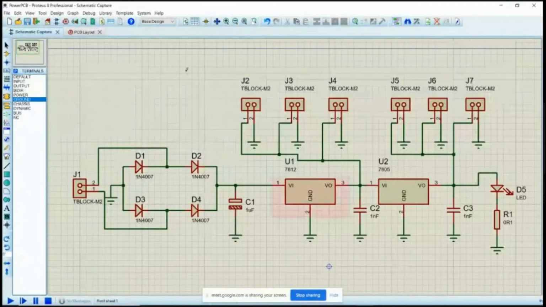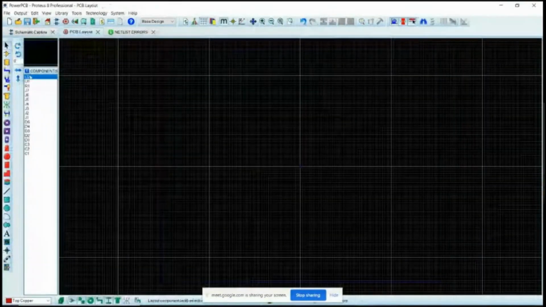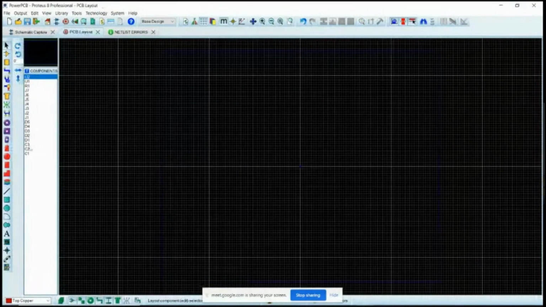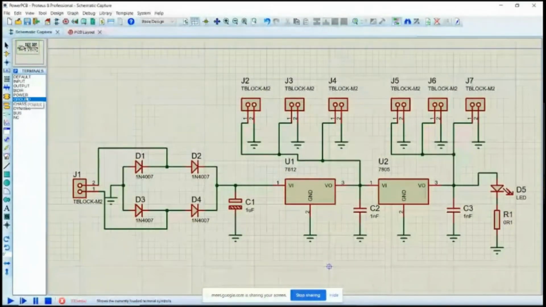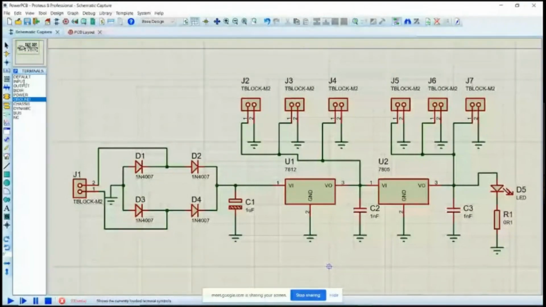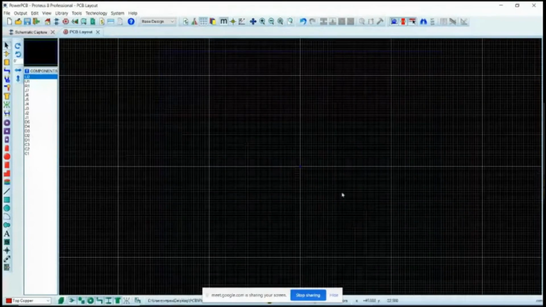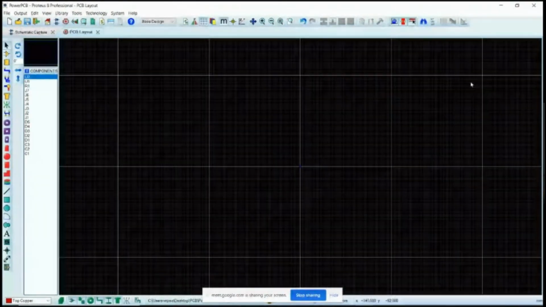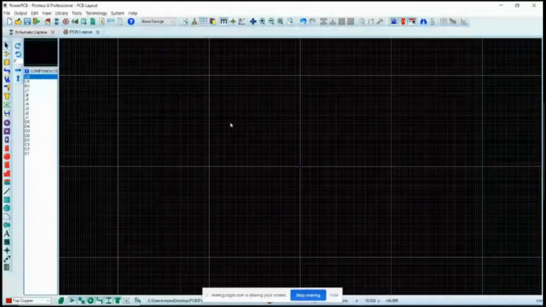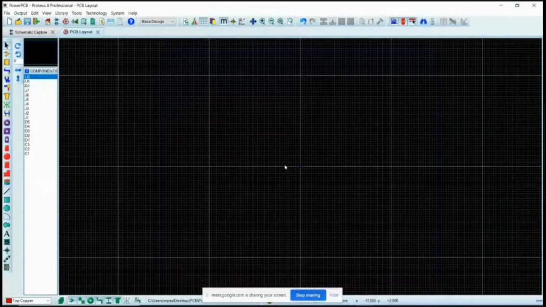So if you go to the PCB layout, you can see that for each and every component that we positioned in the schematic capture, for each and every symbol that we have positioned, automatically the PCB layout will have a component here. Are you able to understand? So it is a matter of taking those components here and then routing them and giving the connections electrically in the copper layer so that we design the tracks to complete the PCB part.